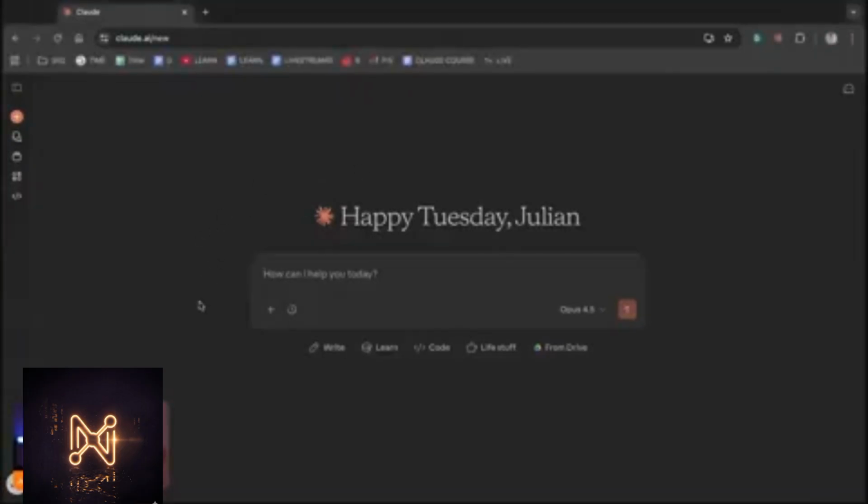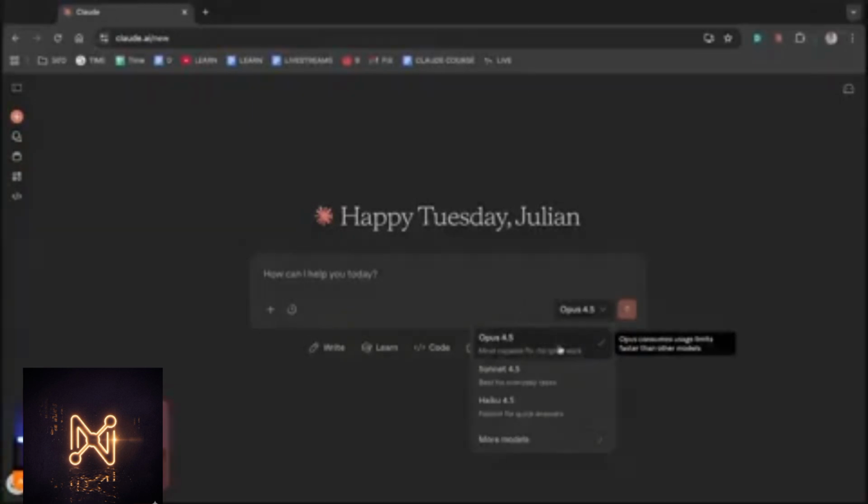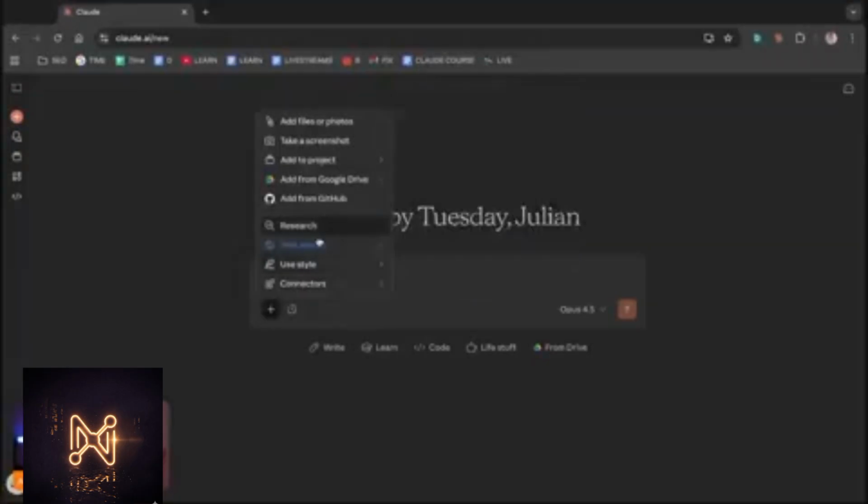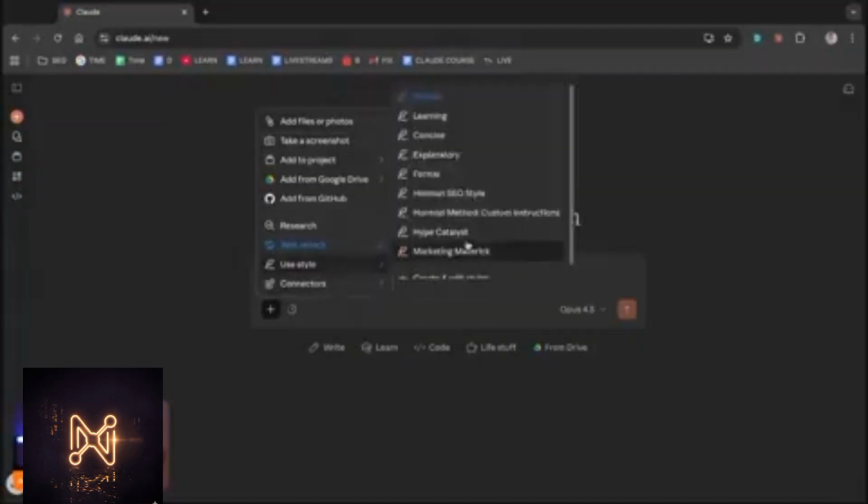So if you've never been on Claude before, this is what it looks like. You can switch between APIs. My personal favorite is the Opus 4.5 model, and then from here you can start using it. It is connected to the web as well, so if we click on the plus sign, you can switch between web search, you can use it for research, you can add from GitHub, add from Google Drive, you can add to different projects, take screenshots, even upload files and photos, and you can also use different